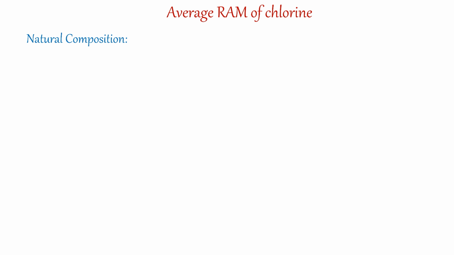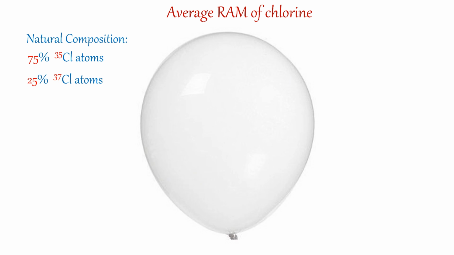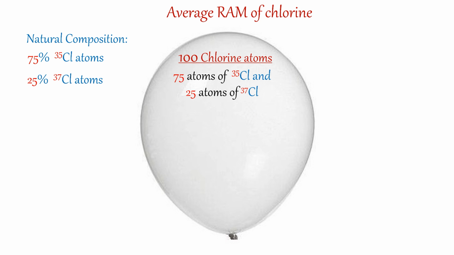With the natural composition of the isotopes, we can easily calculate their average atomic mass. Here you get 75% is chlorine 35, and the remaining 25% is chlorine 37. Think of a balloon with 100 chlorine atoms. Out of 100 chlorine atoms, it certainly has 75 atoms of chlorine 35 and 25 atoms of chlorine 37. So the mass of 75 atoms together is 75 into 35. You get